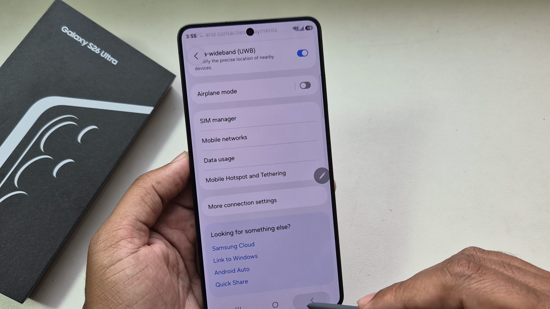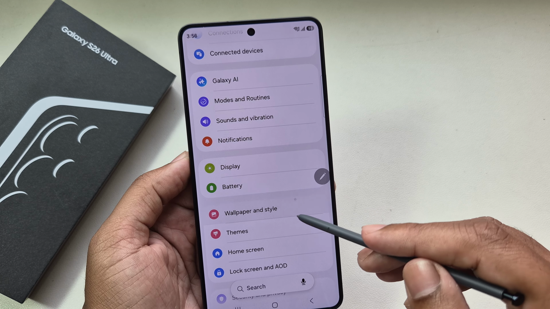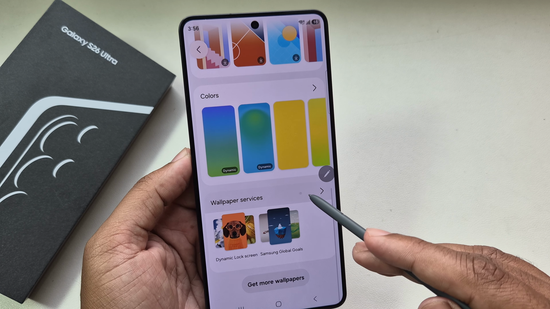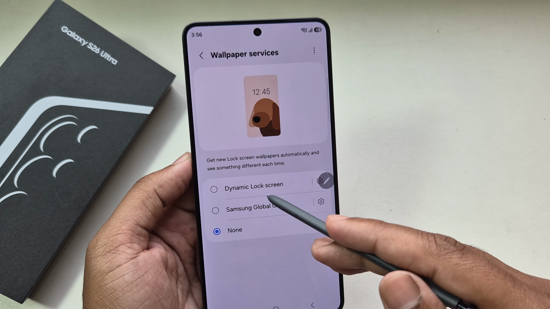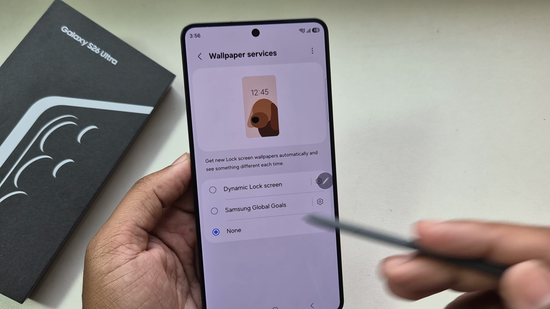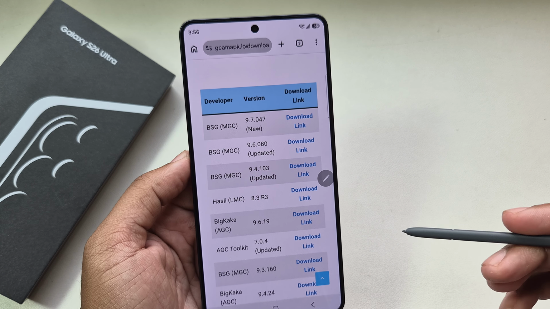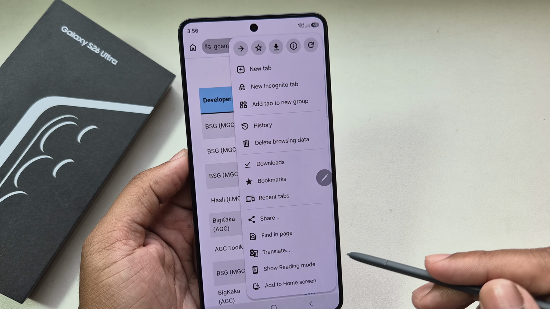Now let's see another thing. Go to settings again, and if you go to your wallpaper and style, go to wallpaper, then as you can see, the wallpaper service is showing as none. So once all done, then go to your browser, Chrome browser, then press on the three dotted line, then you have